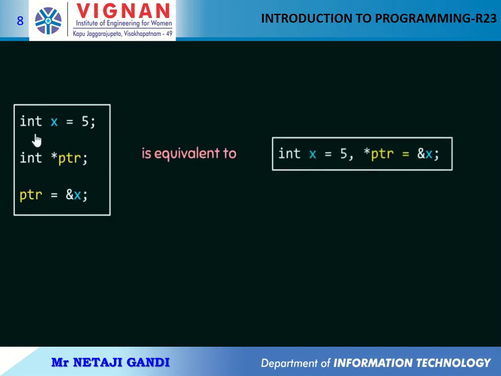We can clearly see that the data type of variable x and this pointer variable is the same. Therefore, we can write these two lines in one single line. Also, this line is an assignment statement. Instead of writing this line separately, we can write this statement at the